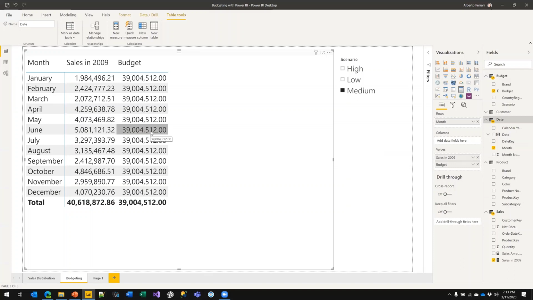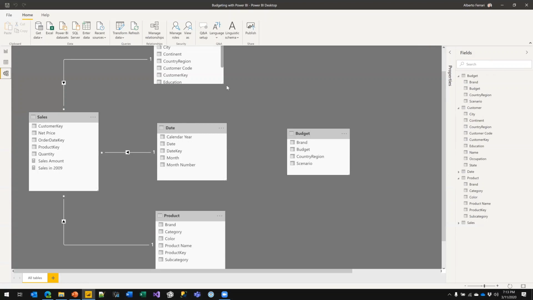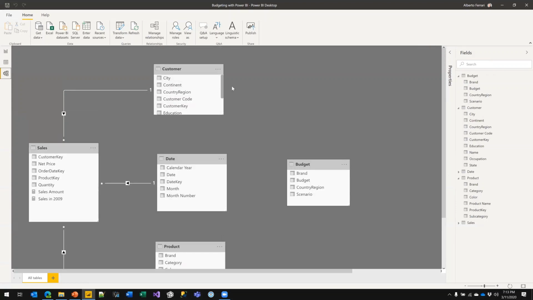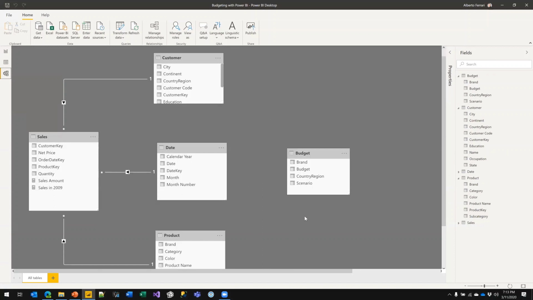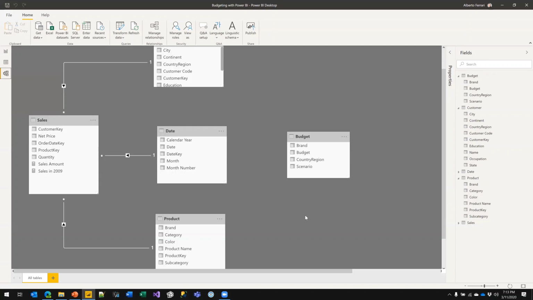So the first thing that we need to solve is 3 problems, and we will use different techniques for the product, for the date, and for the customer. So we see many different ways of building these relationships. Choosing the right one then depends on you. The goal is to understand the pros and cons of the different techniques, and then it's up to you to use this knowledge to build your own solution. Let's start with the date.